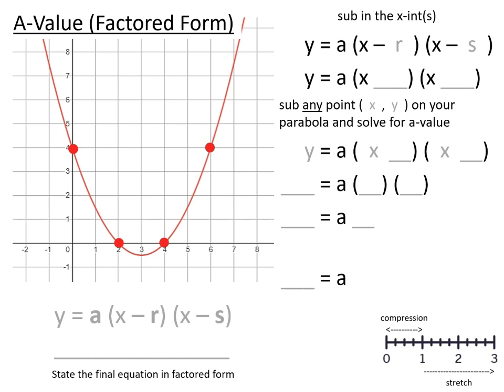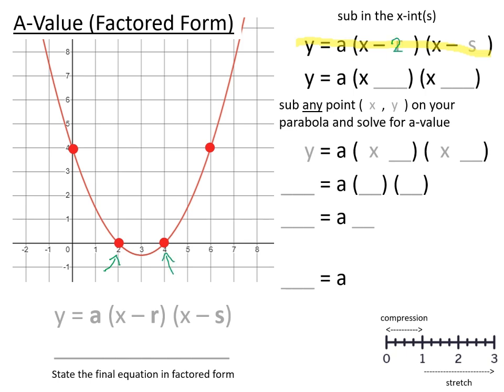Today's lesson, we'll be learning how to determine the a value from a quadratic relation in factored form. Over here, we have the general equation of factored form. Let's start by finding the x-intercepts. The x-intercepts are right over here,